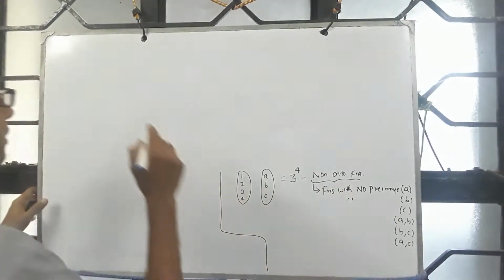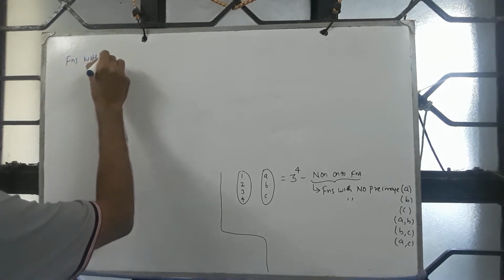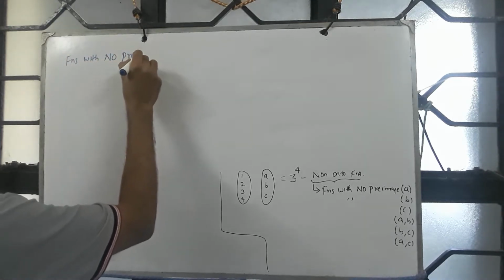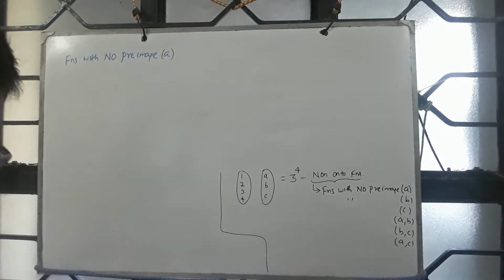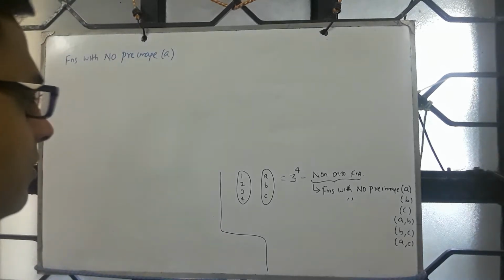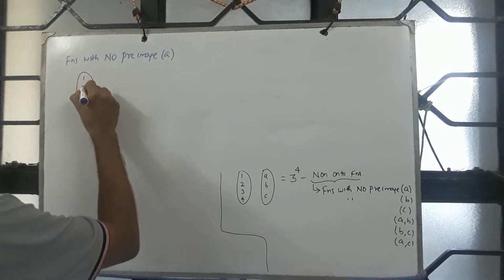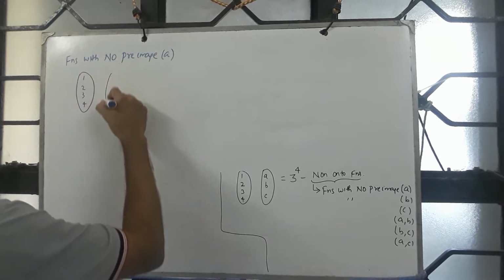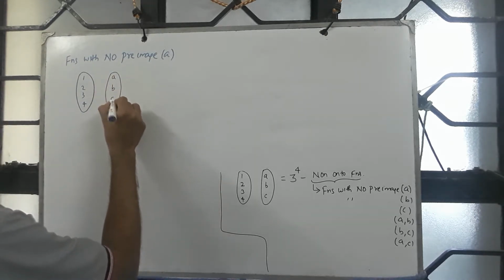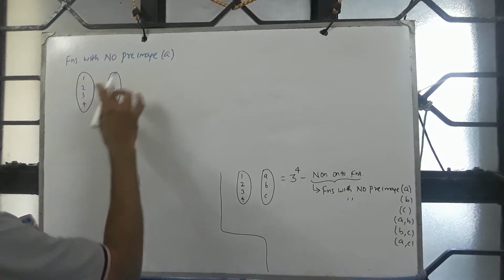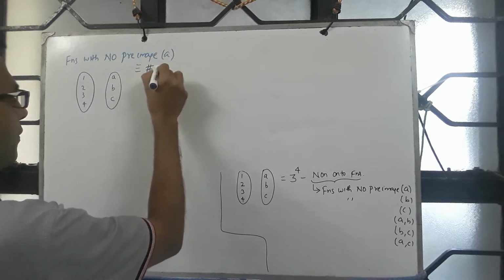So functions with no pre-image for this, how many functions are there with no pre-image for the element A? That's equivalent to asking, we are interested in counting the number of functions from 1, 2, 3, 4 to A, there is no pre-image. So all images are restricted to this. So this is equivalent to counting the number of functions